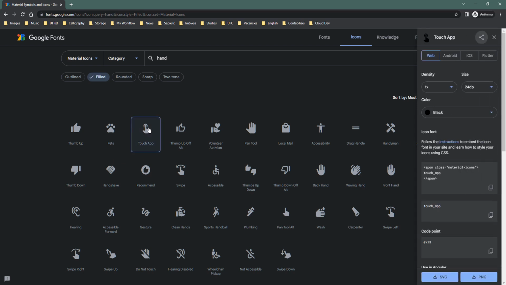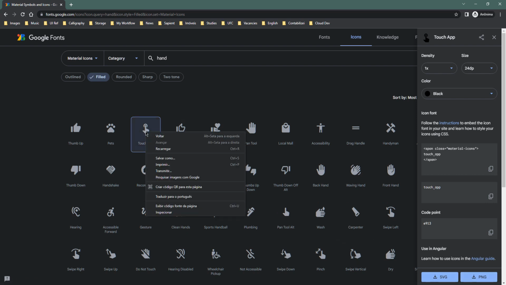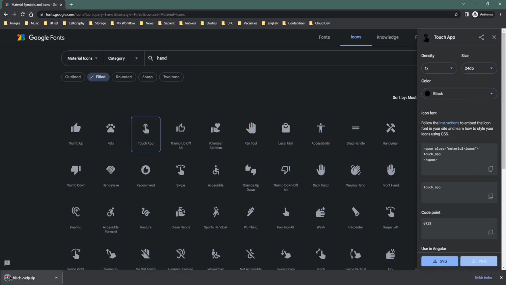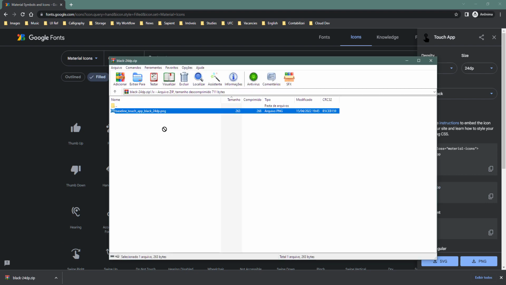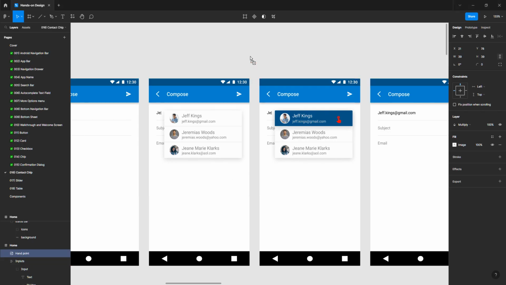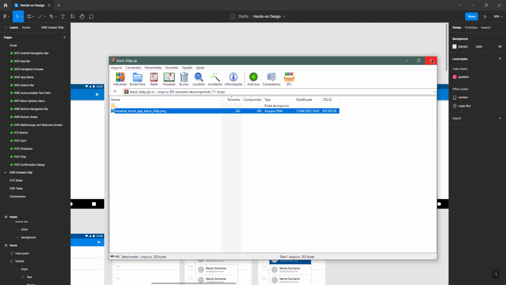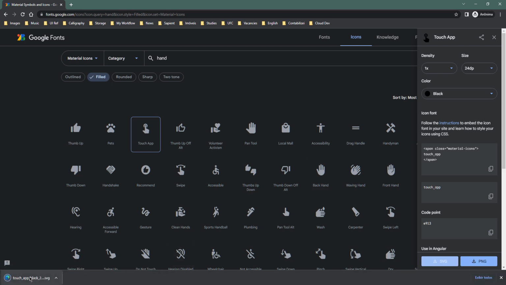So we have this touch app. We just need to come here, PNG or SVG, or even, let's see, PNG. So we have that here now. I will open, it's zip. I can open this one here, and now I'm gonna go back to my layout. Let's see if that works. No, I'm gonna download another format, SVG. Let's see. Yes, now I can